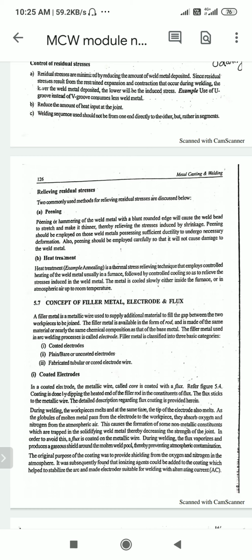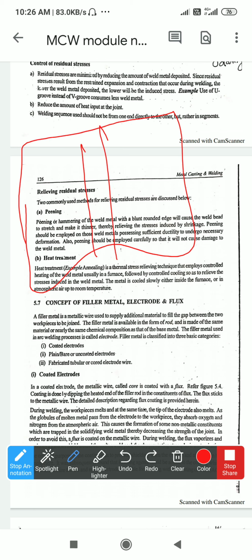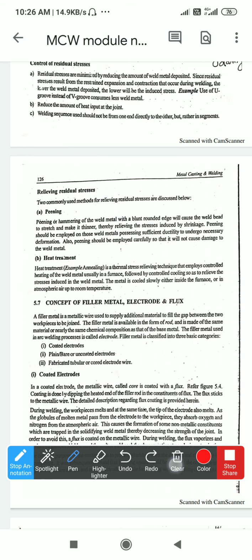Okay, this is one method. And the second method is that, due to the residual stresses, if the metal shape has changed, with the hammer it is given a proper shape and proper size. For example, if this is a sheet and the welding is done over here, this is the shape that occurred. If you give the hammer blow in this area, it may look flat, and these are the welding deposits. Okay, so these are the residual stresses. This diagram is for the residual stresses and this diagram is peening, by which the residual stresses are removed.